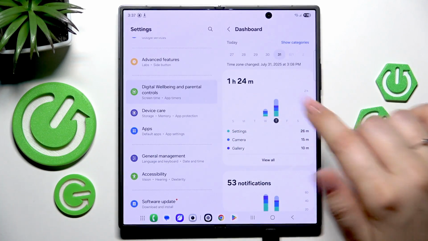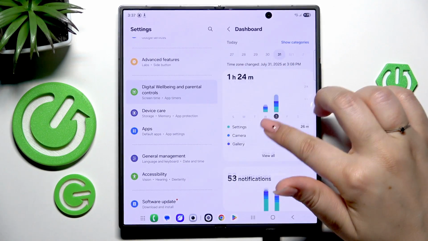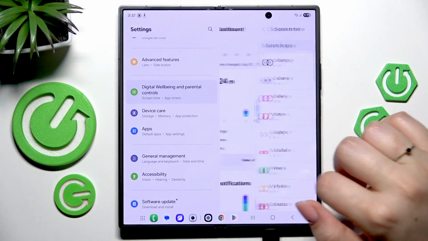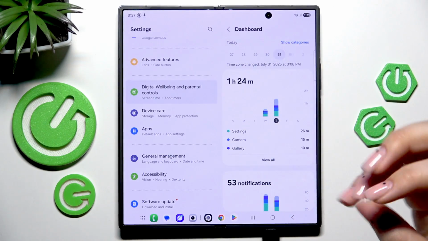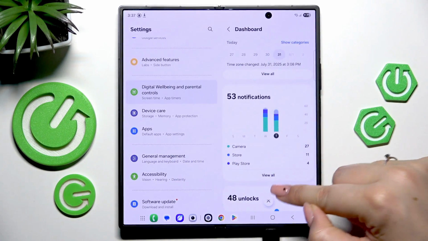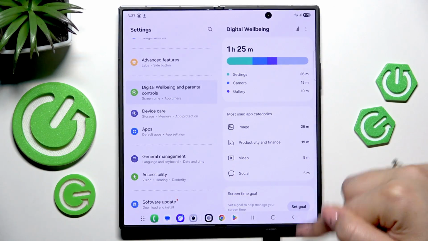can check the screen time in particular days of the week. We can also compare them. You can just tap on view all, and here we've got the list of apps which we've been using with the specific time we've spent on them. We've got also the notifications and unlocks count, and